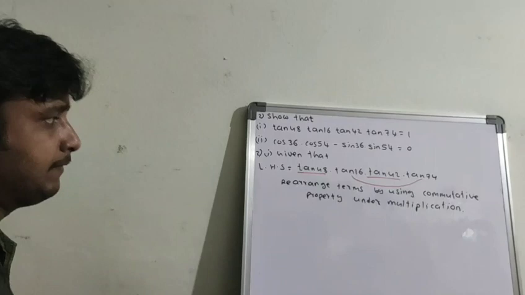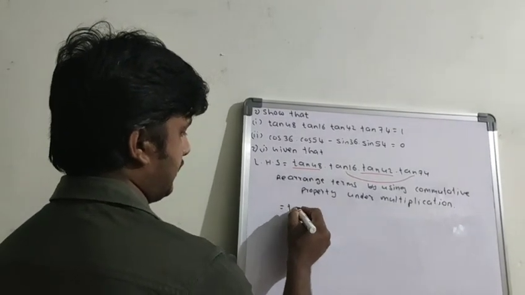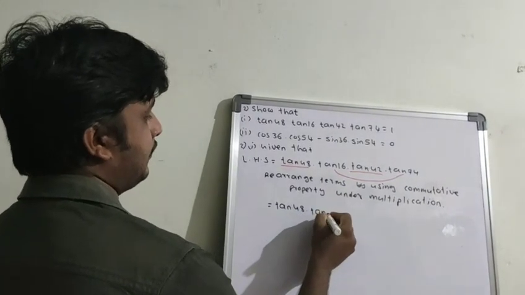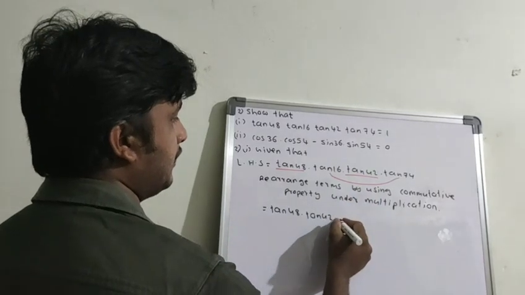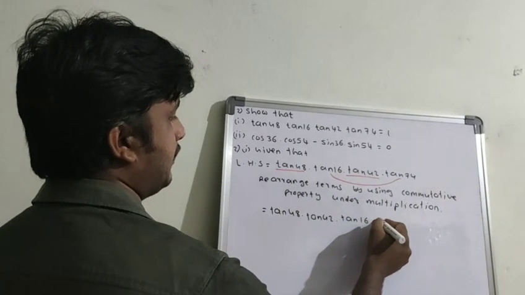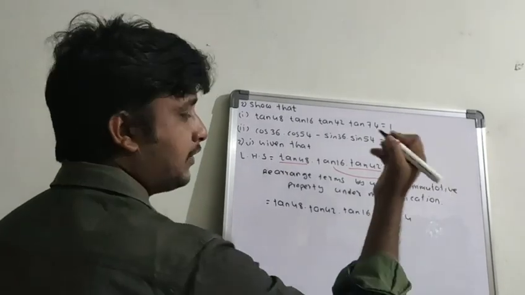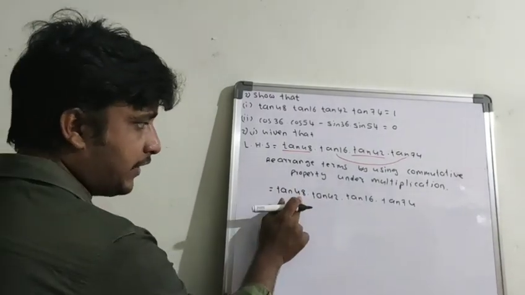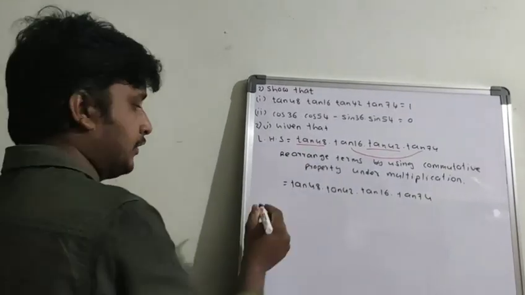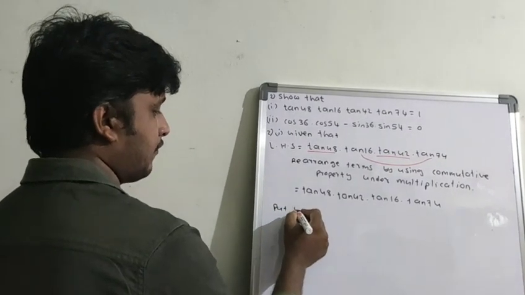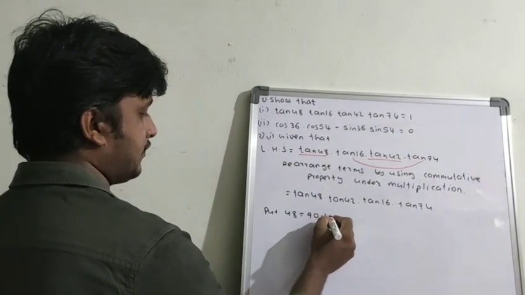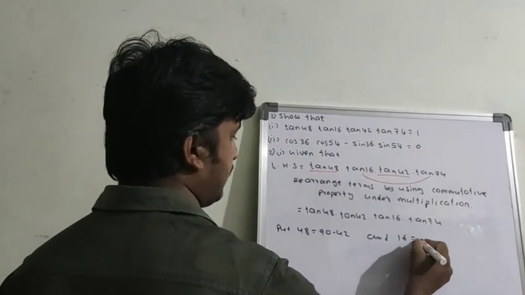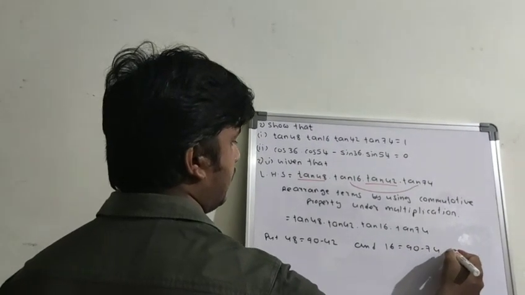Under multiplication. Okay. So from this, tan 48 into tan 42, these two I'm changing, that's it. Tan 16 into tan 74. Okay. So 48 equal to 16, 48 plus 42, and I'm changing 48 and 16. These two angles I'm changing. So put 48 is equal to 90 minus 42, and 16 equal to 90 minus 74 in the above